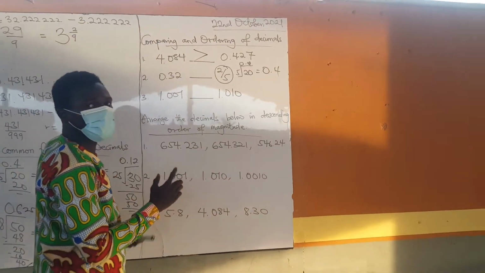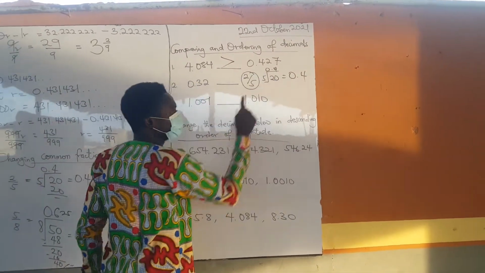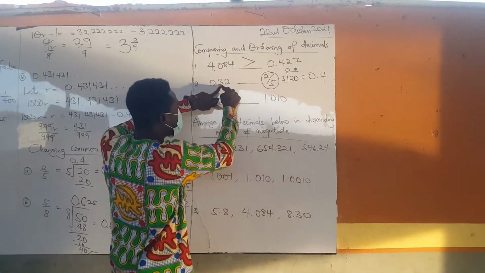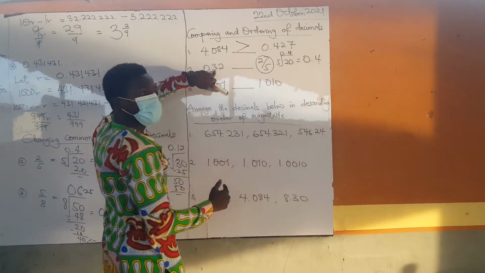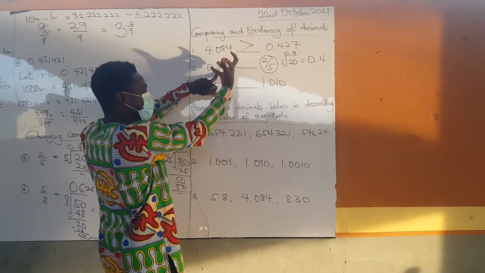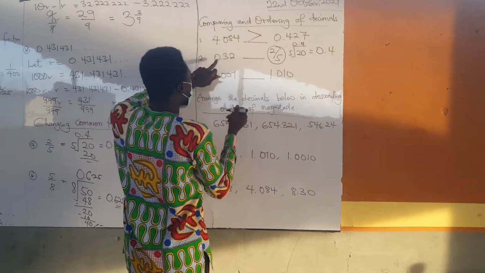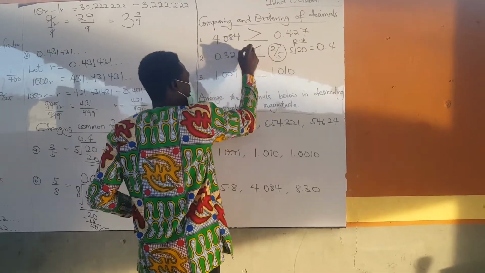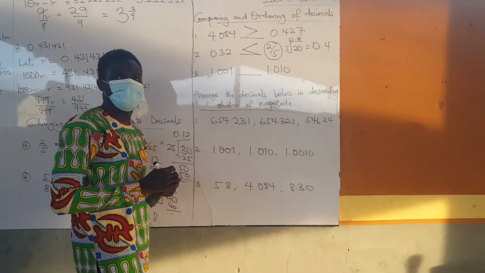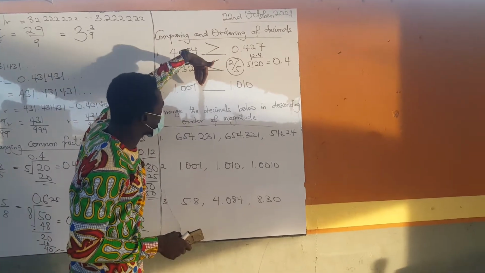When you look at this one, the whole number parts are all 0. Okay, let's move to the decimal position. We have 3 here, we have 4 here. You all bear witness that 4 is greater and 3 is lesser. Because the first number is less, we are going to say 0.32 is less than 0.4. That is it. Then number 3, you have 1.001 and